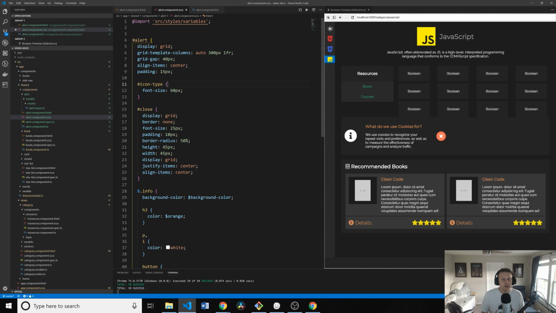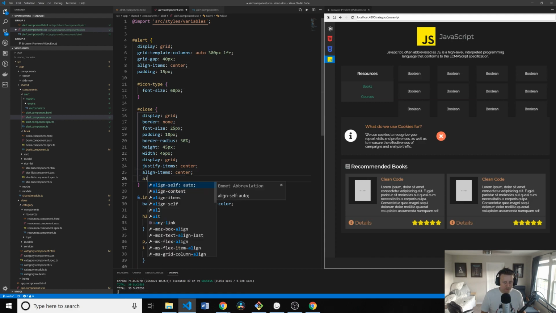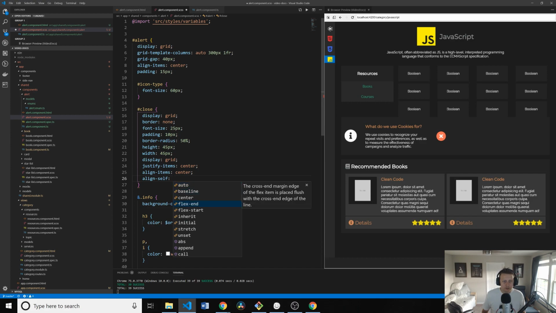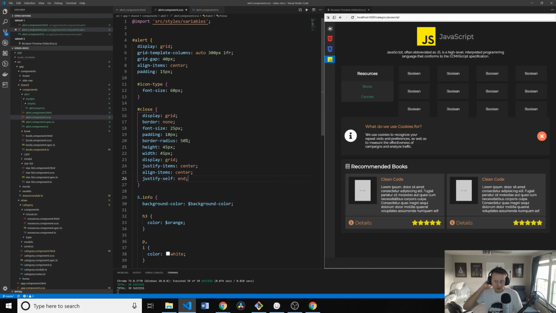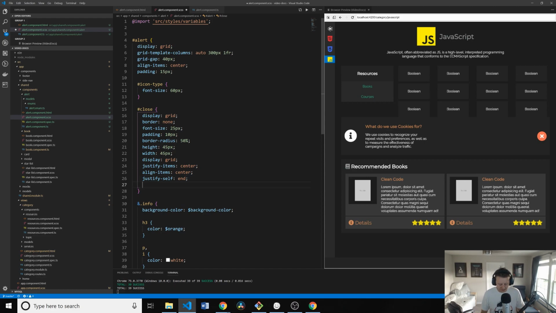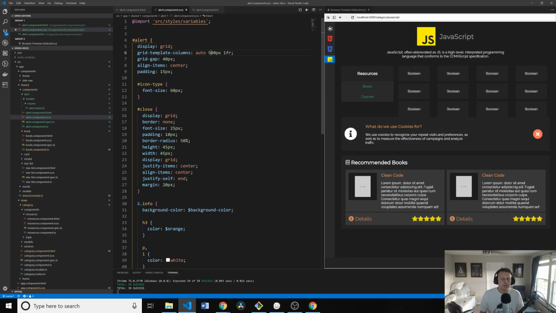Alright, cool. And then on our button, we want to align-self, justify-self. And let's go ahead and give it a little bit of margin of another 20 pixels. All right. Very nice. Now, the one thing I want is if it's an info,